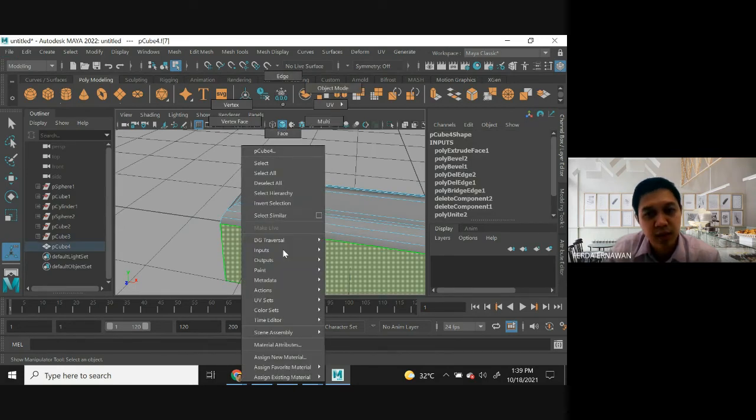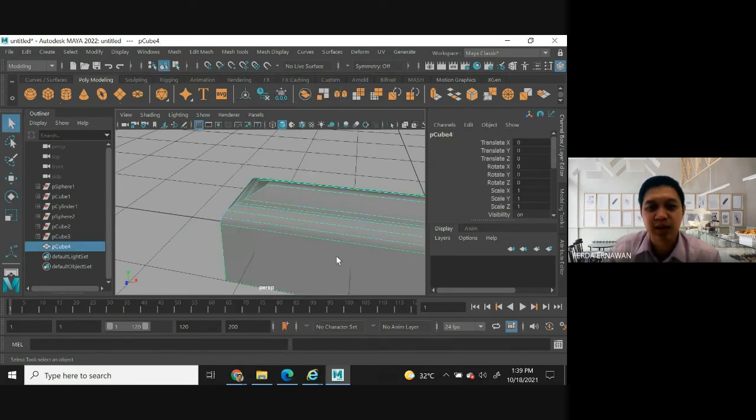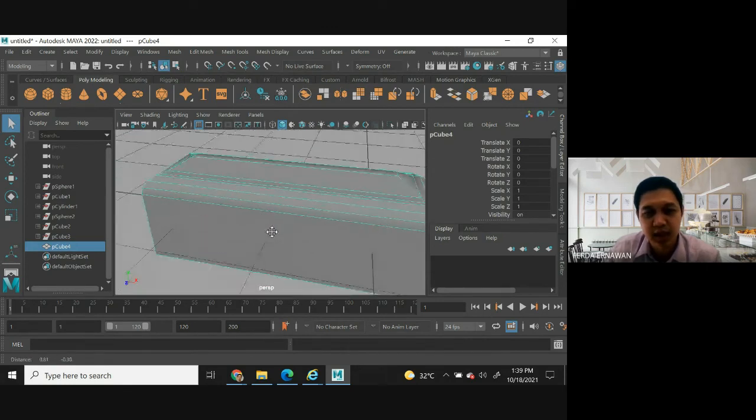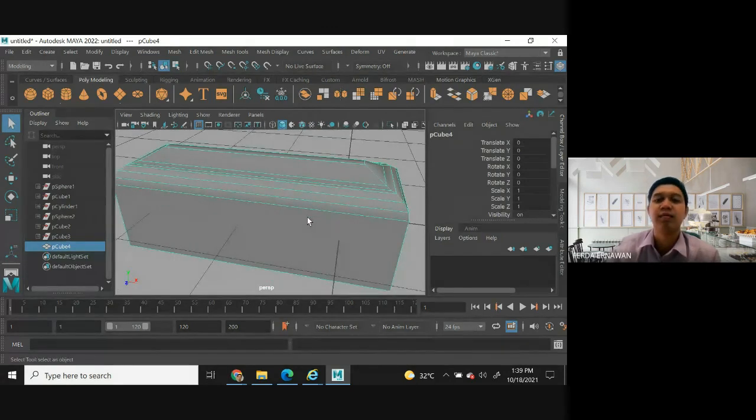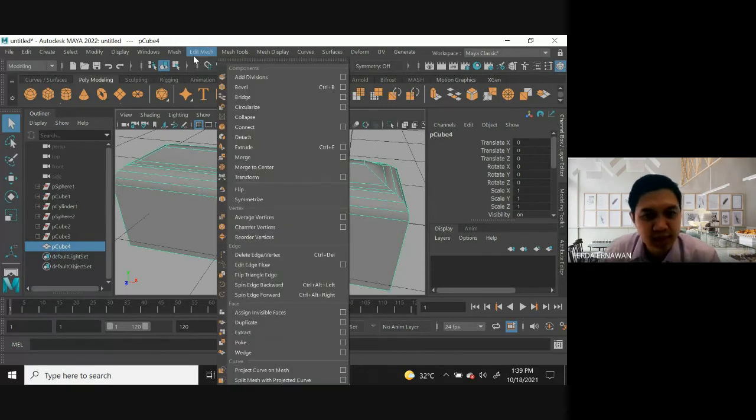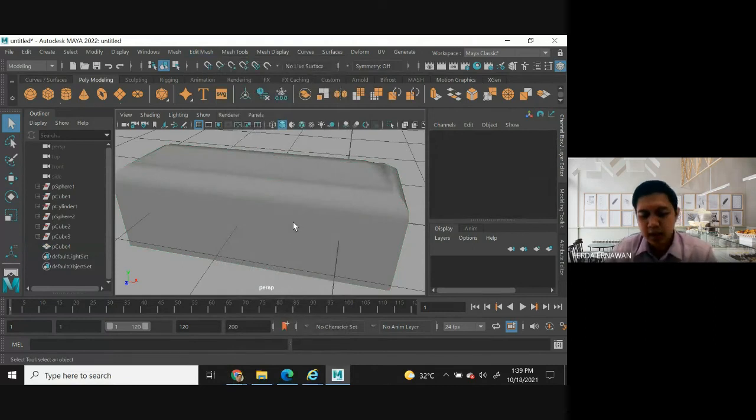Okay. Remember, go back to object mode, so you can see the object like this. After editing, then back to the object mode. Another one, we call it detach, yeah. So in the detach here, you can select a face of the object or a polygon of the object. You can move it. You can take off the polygon and move it to the outside.